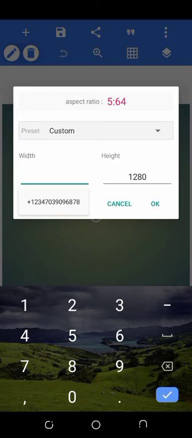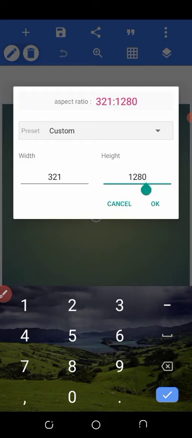I've already done that, so I just want to put it here. Now the width is 321. That is the width. Then the height, the figure in pixels when converted from 5 cm, is